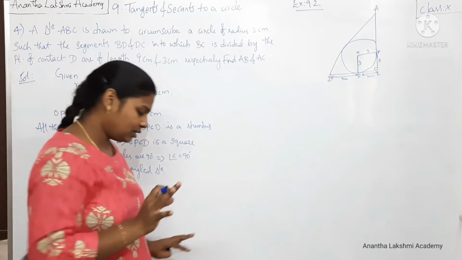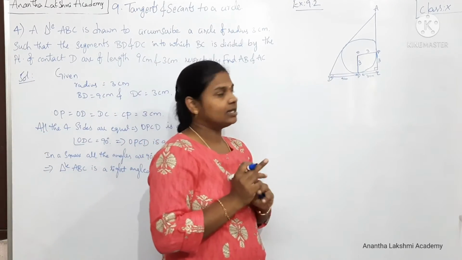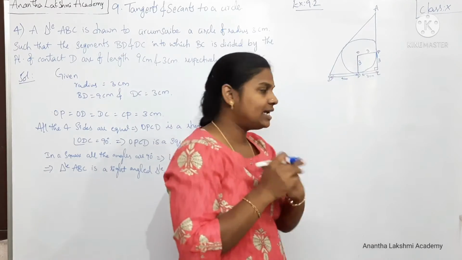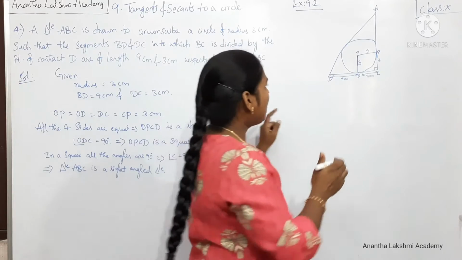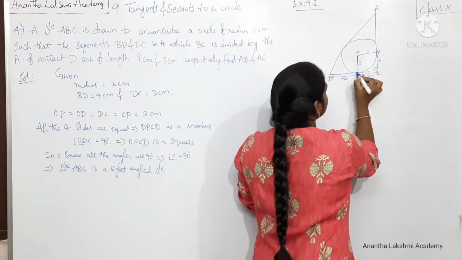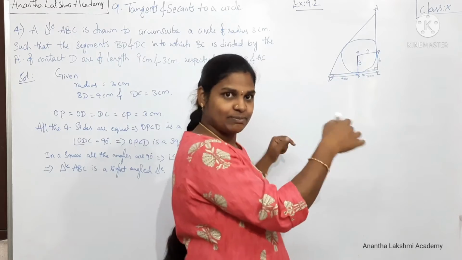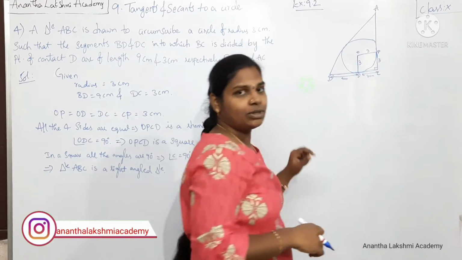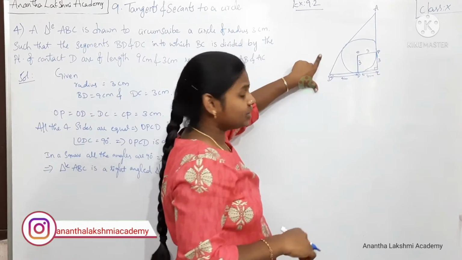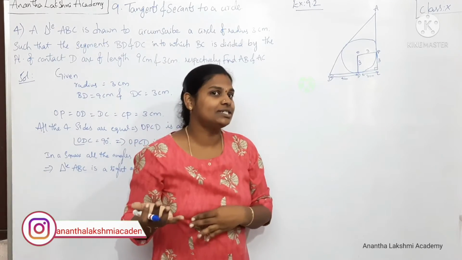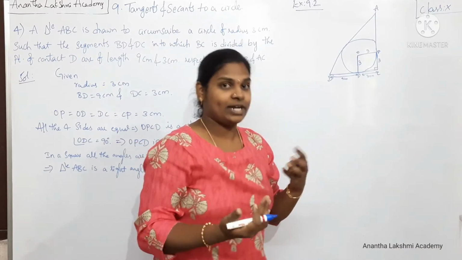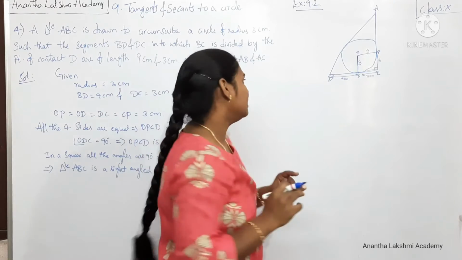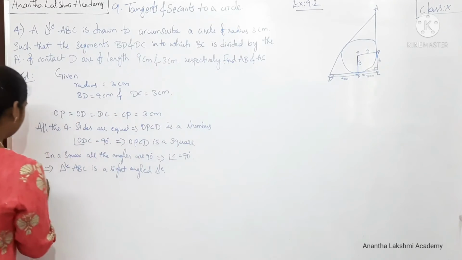Now that we know that the triangle is right angled, but we don't know what AB and AC are, let us try figuring that out. If you look at BC, is this not a tangent to the circle? Yes, BC is a tangent, AB is a tangent, and AC is also a tangent. So these are all tangents. What do we know about tangents? The lengths of the tangents drawn from an external point are equal. So let us write the same.